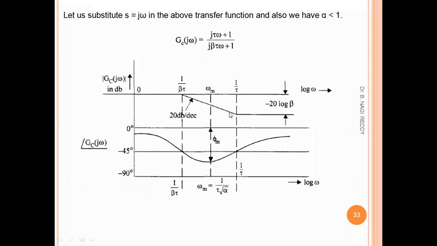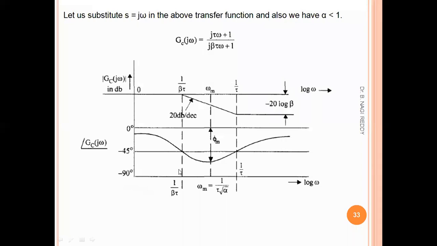You can see the magnitude is negative, because this is a lag compensator. If you compare the same with the lead compensator, in the lead compensator we have got the positive magnitude, which is the inverted curve to this. And similarly, the phase is negative phase. Just we have discussed about this. The lag compensator produces negative phase angle. It introduces negative phase angle. That's why the phase graph also has negative angles only.